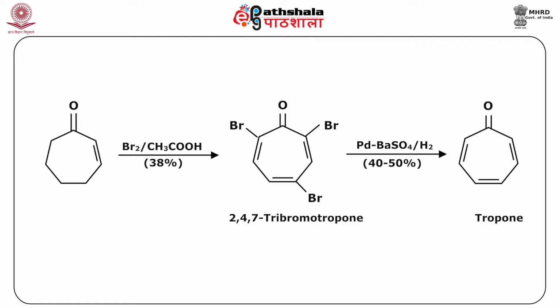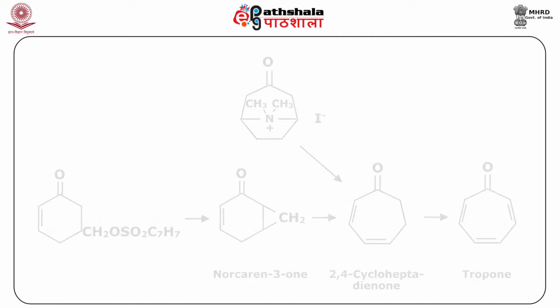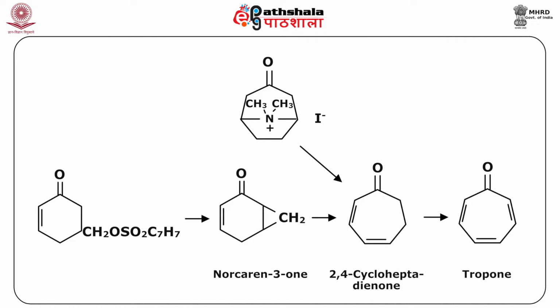up to get tropone. Two routes have been described for the synthesis of tropone, in which 2,4-cycloheptadienone is a key intermediate. In the first route, a mixture of cycloheptadienones was produced in one step by Hofmann degradation of tropinone. And in the second route, the para-toluenesulfonate of 5-hydroxymethylcyclohexan-1-one was prepared and